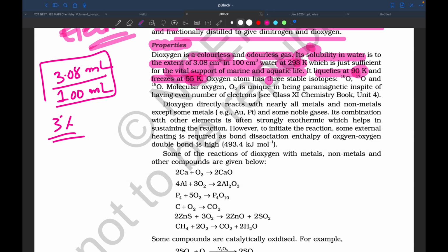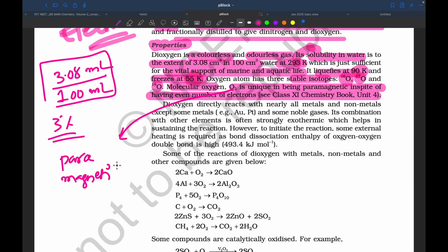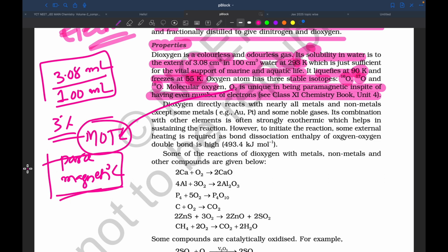The oxygen atom has three stable isotopes, namely 16, 17 and 18. Molecular oxygen O2 is unique in being paramagnetic in spite of having an even number of electrons. We have studied this, right? So oxygen is expected to be diamagnetic, but it is paramagnetic in nature. What is the reason? We have studied this on the basis of molecular orbital theory, right? So two unpaired electrons